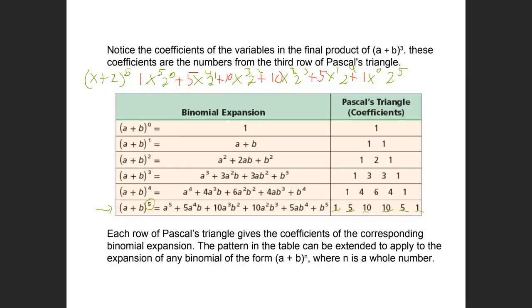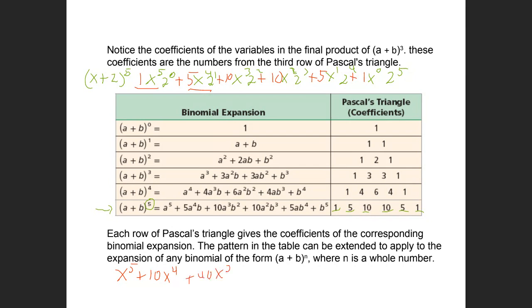What do you mean? Well, 1 times x to the 5th times 2 to the 0. Well, 2 to the 0 is 1. 1 times 1 is 1. So my first term is x to the 5th. Okay, that's my first term. My second term is 5 times 2, x to the 4th. Well, because 2 to the 1st is just 2. So that's going to end up being 10 x to the 4th. Then my next term is going to be 2 to the 2nd. Well, 2 to the 2nd is 4. And then I have a 10 in front from Pascal's triangle. So that's going to be 40